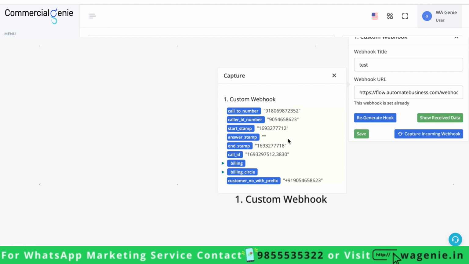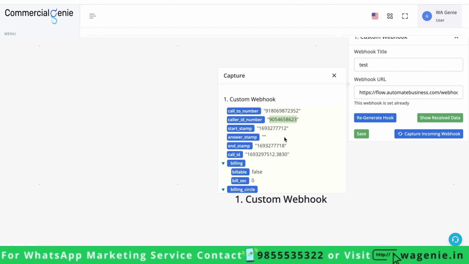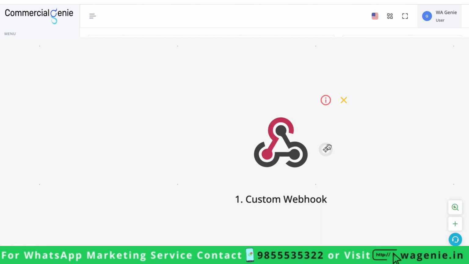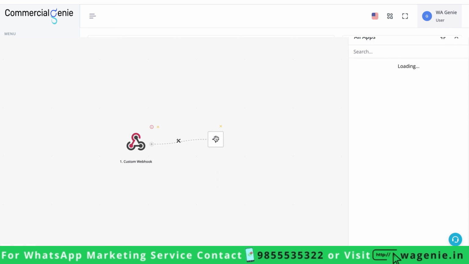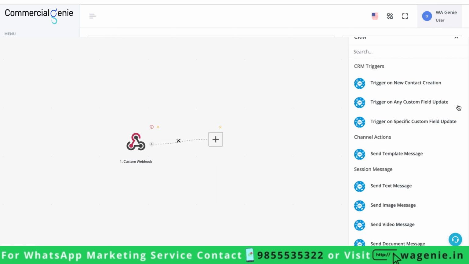Now you can see you'll get the destination mobile number or the person who has basically called you, or the caller mobile number and few more details. The circle details might not be correct, but the caller ID would be correct of your caller. Click on save. Now in the next step, you can trigger a WhatsApp message by using the CRM functionality